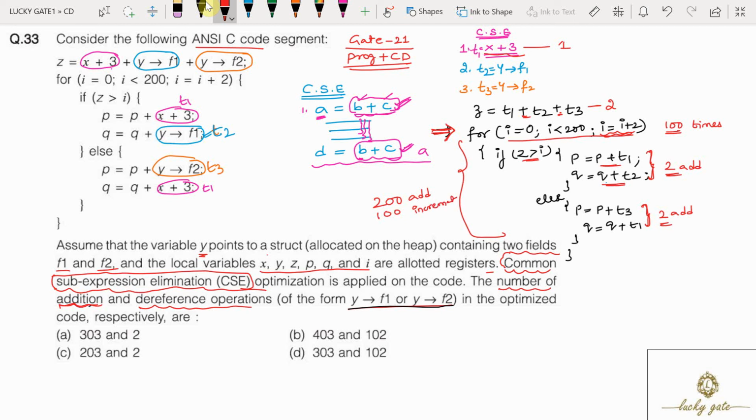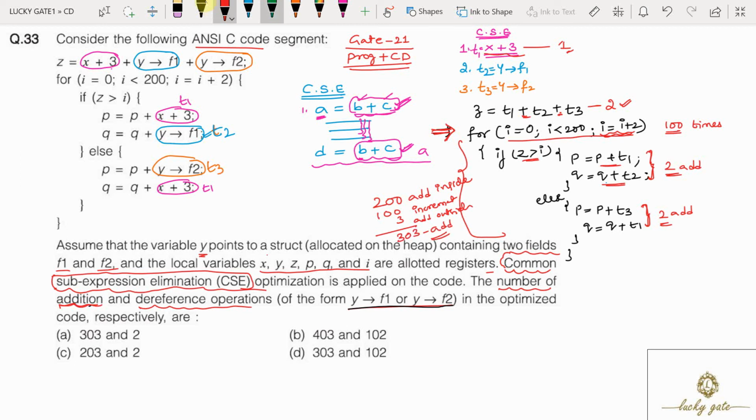Outside the loop we have one add operation for the common subexpression x plus 3, and another two add operations for z equal to t1 plus t2 plus t3. So totally 3 add operations outside the loop. These 200 add operations are inside the loop. Now totally how many add operations? 200 plus 100 plus 3, totally 303 add operations.